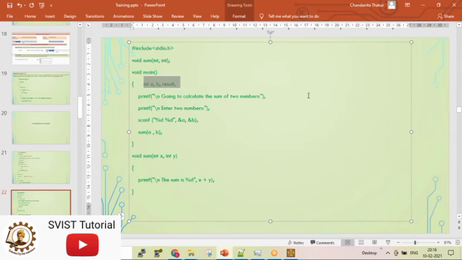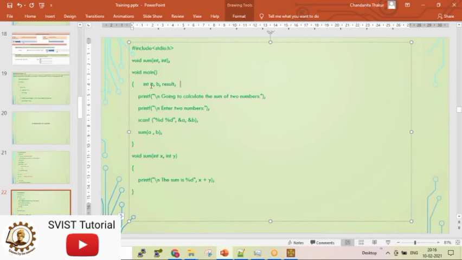In this case, if you want to make a module global, accessible by everyone, that module's function declaration should be global, not inside the main. If it is inside the main, it can be called only from main. If it is global, it can be called from some other function. If I had a sub function, I would have called the sum function from the sub function also. It will be recognized by everyone.